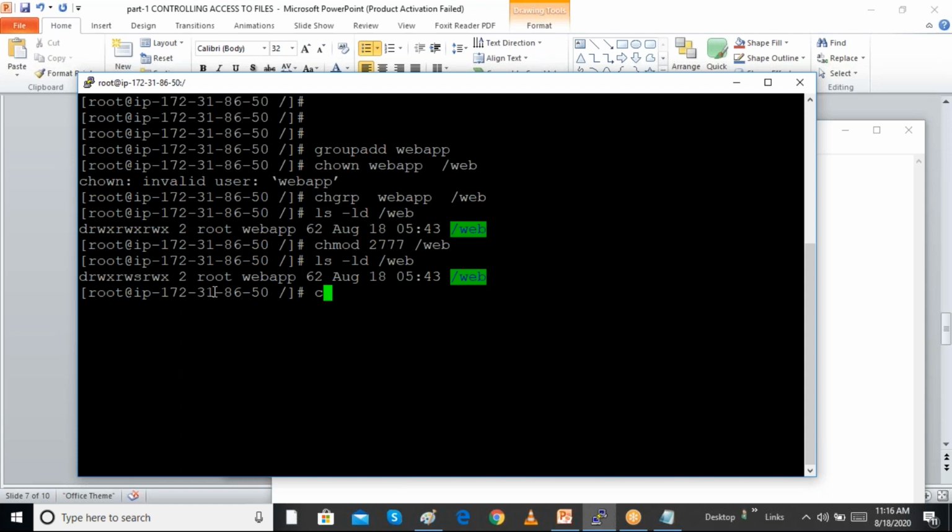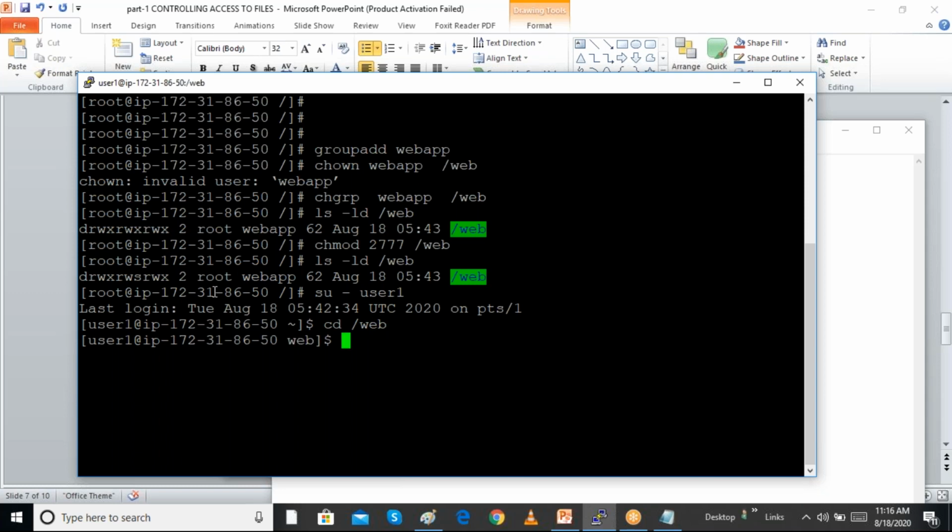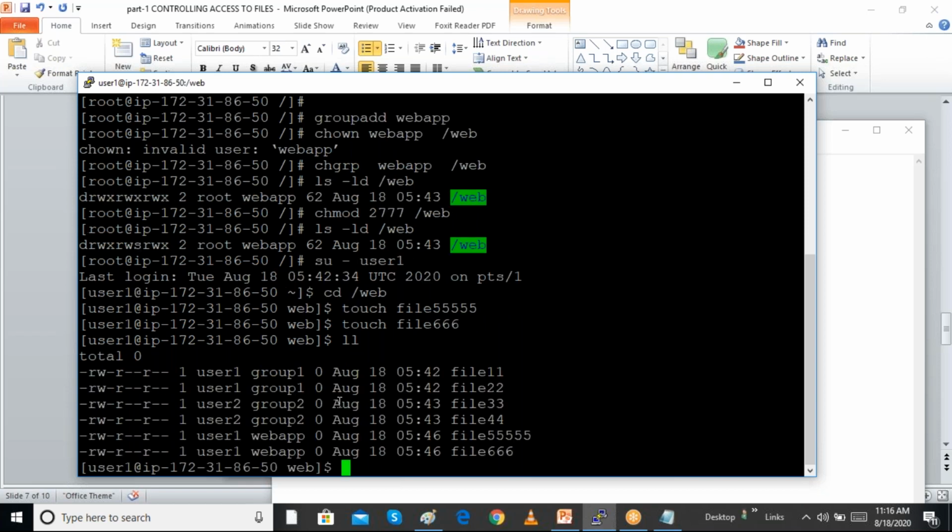Now I will log in as user 1 with su - user1, go to the web directory, and create some files: touch file555 and file666. When we do ls -l, the group membership now comes as web app.